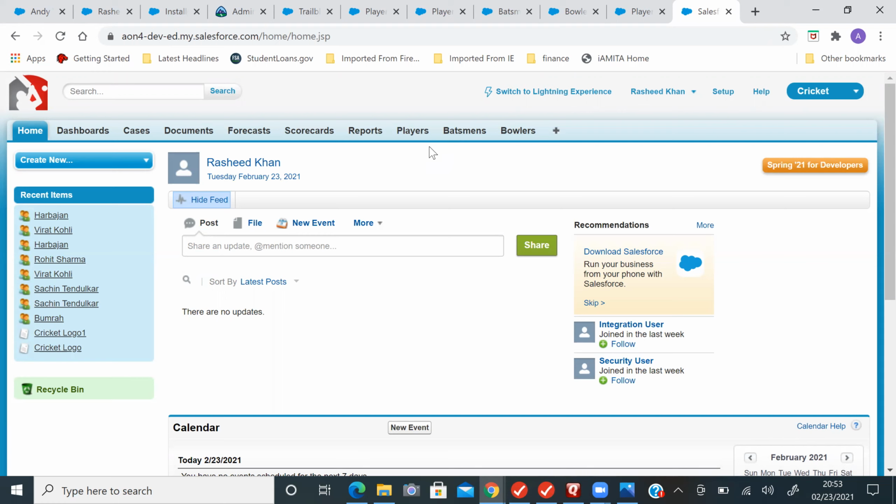I will be giving the assignment of the recruiting application. In that application, we will be creating multiple fields, and there we can create a lookup and a master-detail relationship. On top of that, we will also be creating many-to-many relationships, and how these relationships work in Salesforce. We will also see the fundamentals of Schema Builder as well.